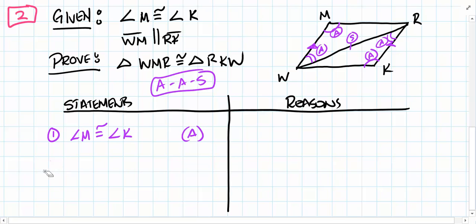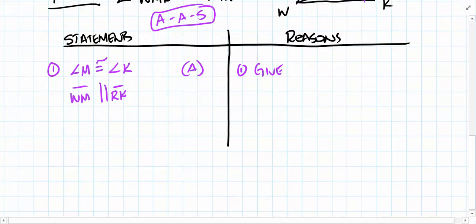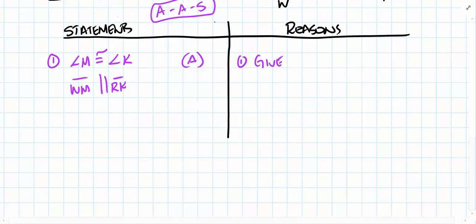Put WM parallel to RK. Good. And all of this information is what? All of it is given. Very good. And then somewhere down the line here, I don't know where, but I'll just extend my line. Somewhere down here, I'm going to be able to say that